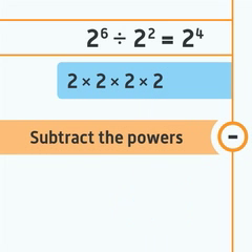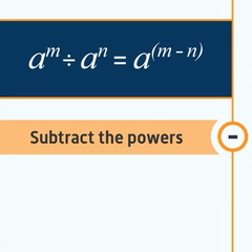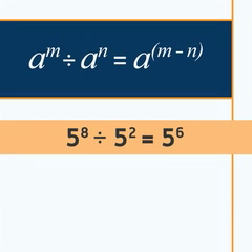When we divide a number to a given power by the same number to another power, we can simplify it so that it becomes the number to the power of the given power subtract the second power. That sounds a bit complicated. It's simpler to think of it as a to the power of m divided by a to the power of n equals a to the power of m minus n, for any values of a, m, and n. So 5 to the power of 8 divided by 5 to the power of 2 equals 5 to the power